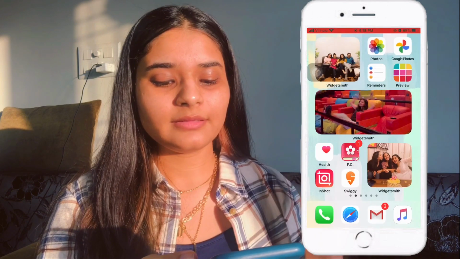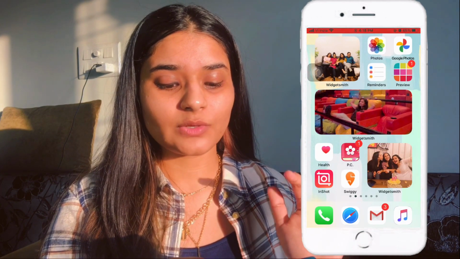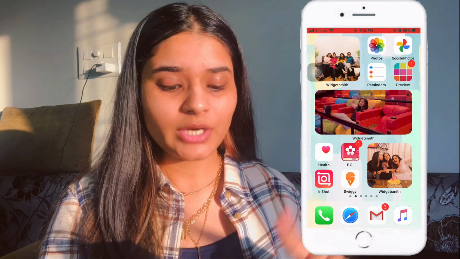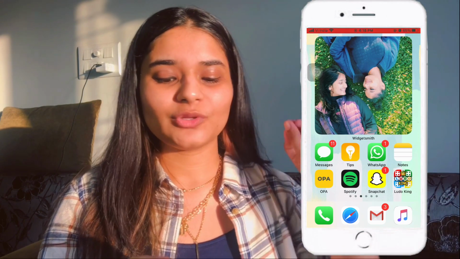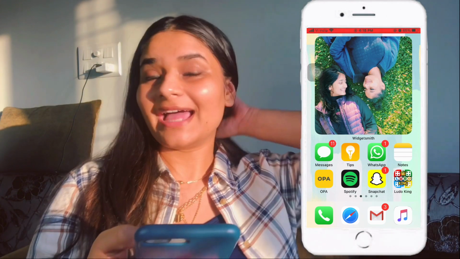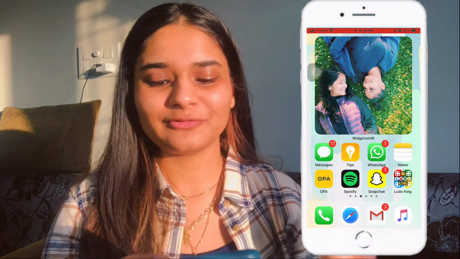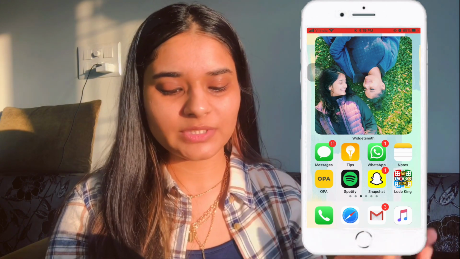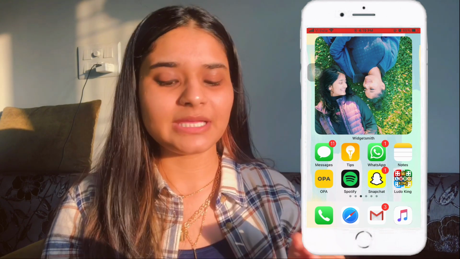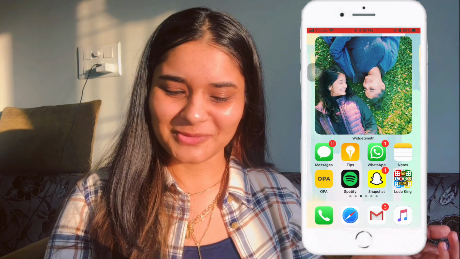Yes, so I basically just plan posts like it. For health, I have a period calendar application, which is super important. It says days left for my period, and I know about it. Then we have InShot. Everybody knows about InShot. And then Swiggy. Next page is for the greens and the yellows of icons on my phone. I have this cute widget of me and my sister. Then we have messages, tips, WhatsApp, notes, Opa, which is basically a campaign application, Spotify, Snapchat, and Ludo King. I don't know why I have Ludo King.